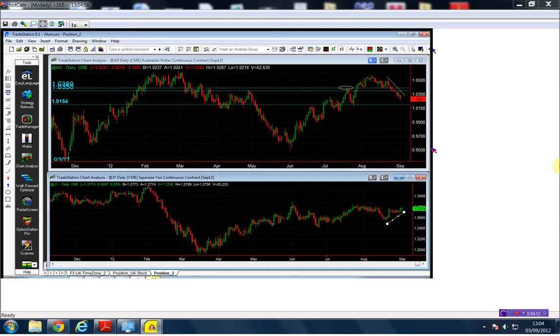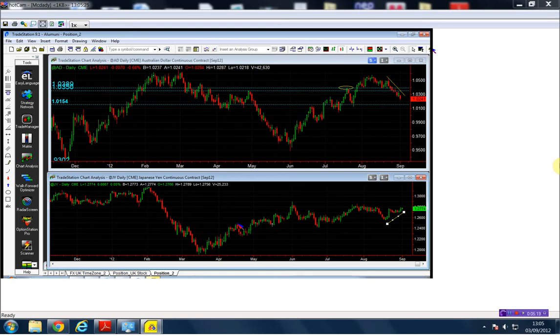I know that the Aussie is weak. Now, if I wanted to trade the Aussie versus another currency, I want to choose the other half of the currency that is the strongest currency, the strongest pair that is there out there today or last week. This is the one that I want to take and pair with the